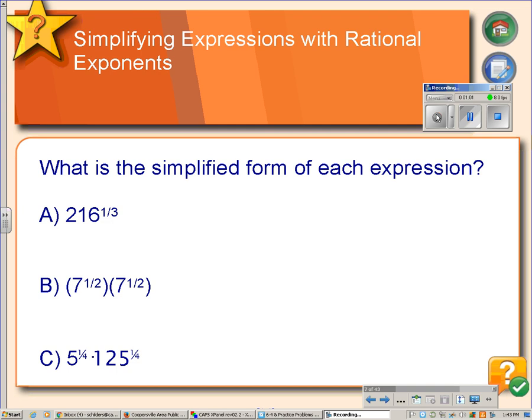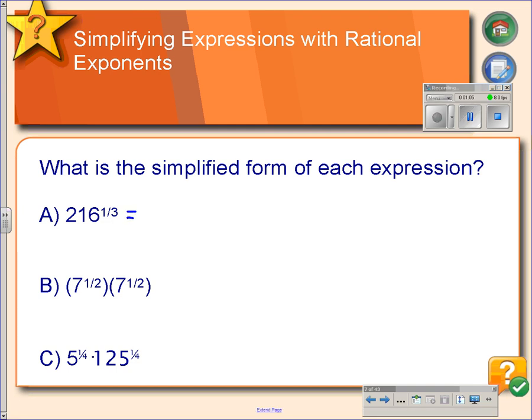So using that information, we can simplify some rational exponent expressions by converting them into radical expressions. So 216 to the 1/3 power means the same thing as cube root of 216, and the cube root of 216 is 6. In example B, we have 7 to the 1/2, which means square root of 7, multiplied by